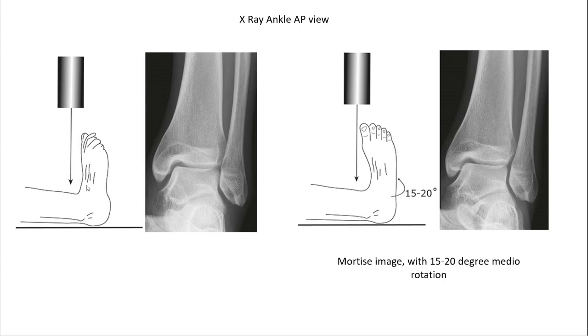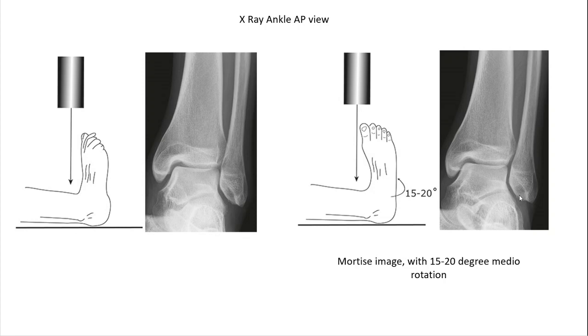In this normal AP view of the ankle, the lateral malleolus is very close to the talus, right? So to visualize the ankle joint very clearly, we do medial rotation or slight inversion of the foot. This is called the mortise view. Mortise is what? This shape which lodges the upper end of the talus; the trochlea of the talus is lodged inside this concave mortise. So this is the mortise view.